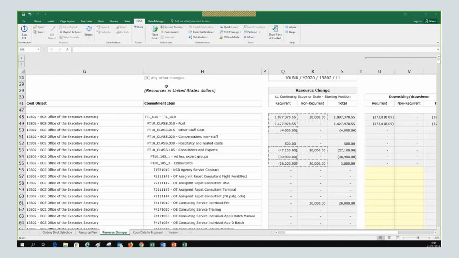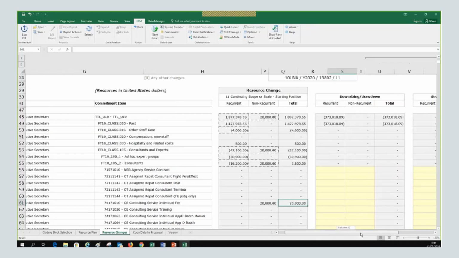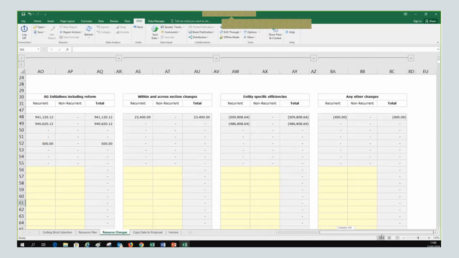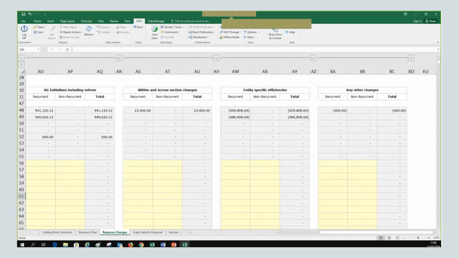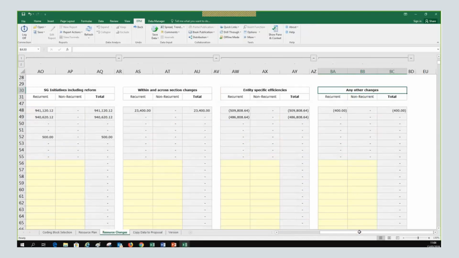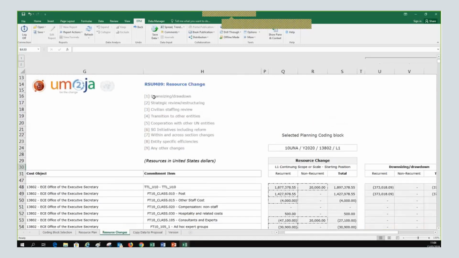Yeah, we have questions. Suda is asking whether we can show details on any other changes. As you can see, Suda, there is no change between the different columns. It's just a reason to justify the modification, as David was saying. If you go to the last column, any other changes, you see that you are going to act on the different commitment items, nothing different from the other ones. The business reason there is that it's not applicable to the other eight. Exactly, so this is more pure business, right? You have these categories to justify the type of changes.